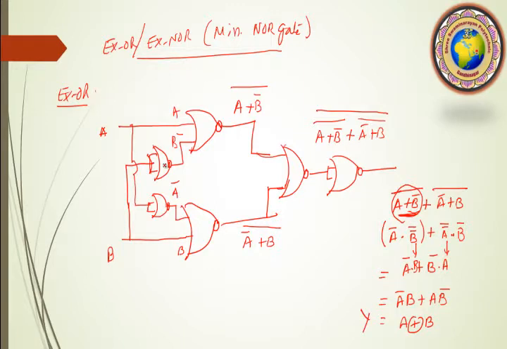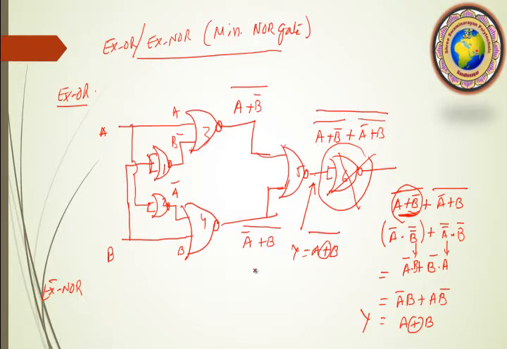So these 1, 2, 3, 4, 5 and 6 together make an XOR. If you require XNOR, we do not need to convert the last portion, we just remove it. So all of these 1, 2, 3, 4 and 5, here the output is our Y equal to A plus circle B bar. So this is equivalent to XNOR. So by using this way we can understand the NOR as a universal gate.